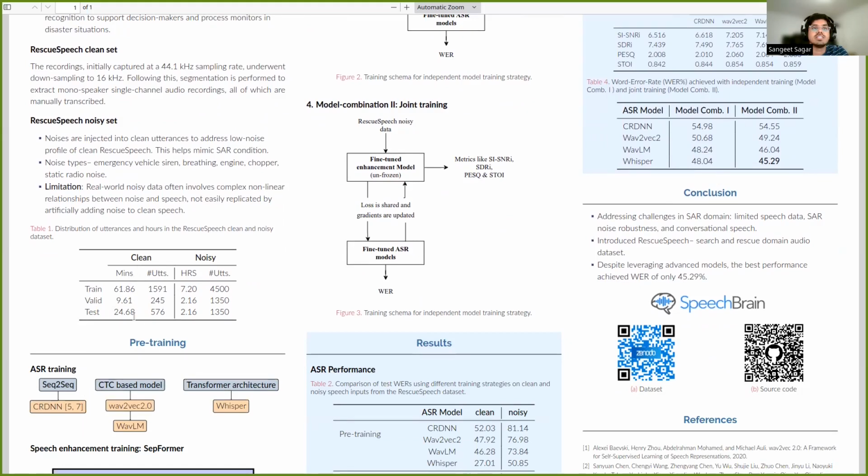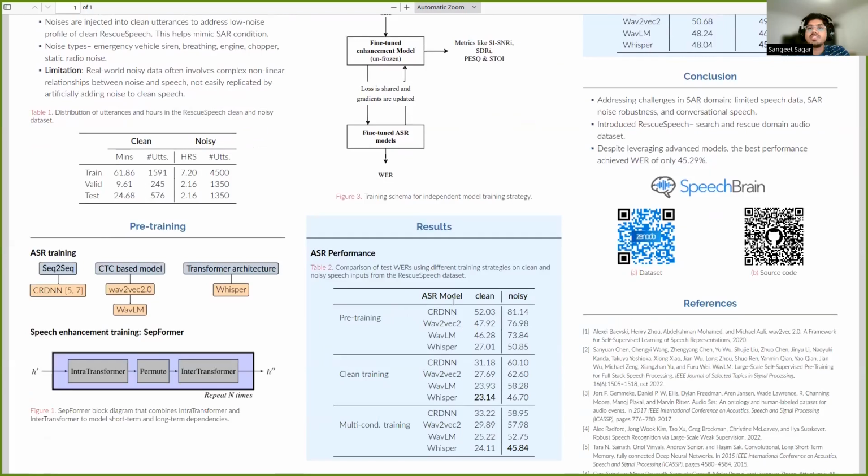So in the clean set, we have around 2 hours of data combining train, valid, and test, and using the clean utterances, we synthesize noisy utterances by artificially adding noises such as emergency noise, breathing noise, engine noise, chopper noise, and static radio noise. And we use these noises from an audio dataset, and overall we come to around 12 hours of noisy audio recordings. To propose a benchmark on our dataset, we have used the following models for ASR training: